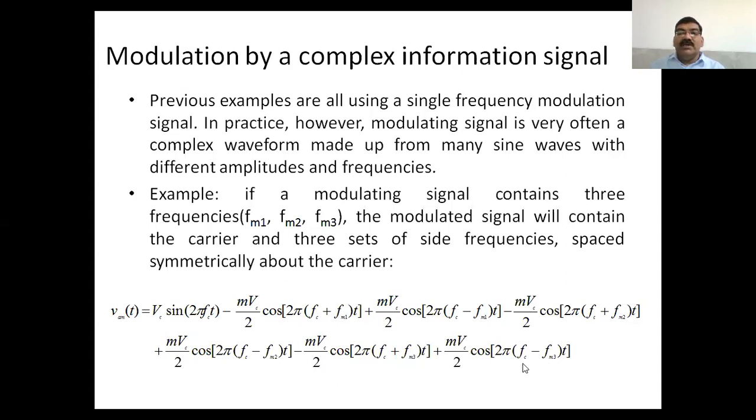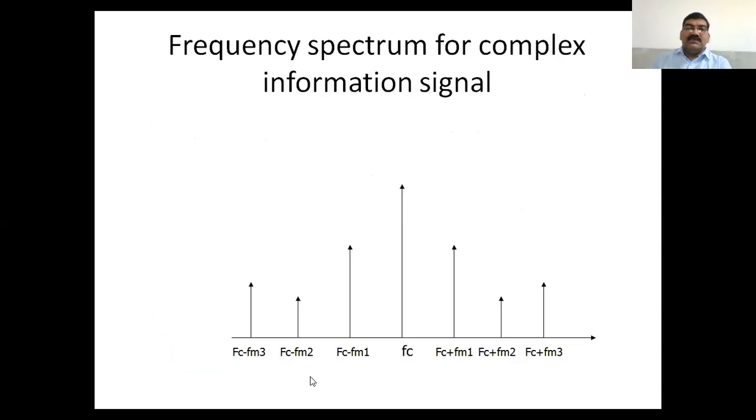Only you remember here, for Fc minus Fm the sign is minus, and here, if this is plus, then this is minus. Accordingly, you can understand and remember this formula. So that will be required, so this modulation index is there. Now for this modulation index, how can we represent this signal?